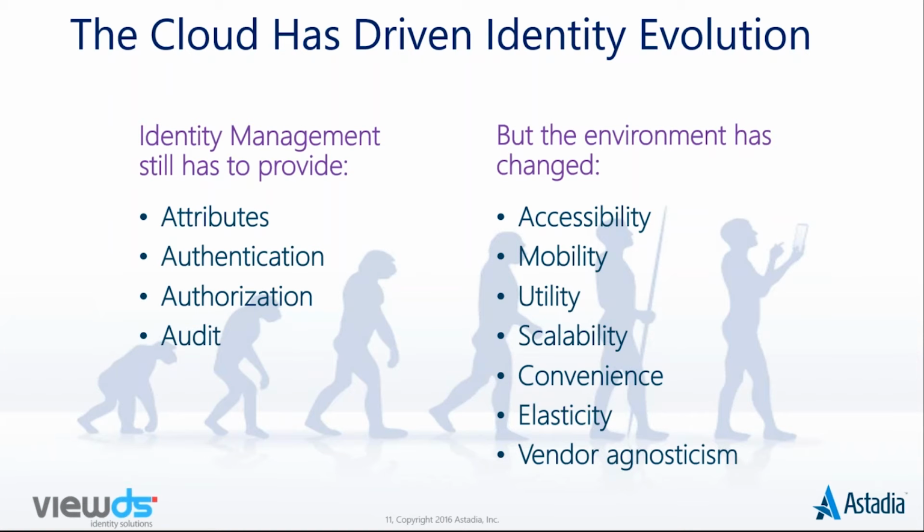Cloud adoption has completely changed our approach to identity services. The basic functions of identity are still unchanged. We still have to have directories to securely store attributes about subjects and resources. We still have to authenticate subjects and resources to prove their identity to the software systems. We still have to determine what operations those subjects can perform on what resources and under what situations. And we still have to maintain an audit trail to make sure we know who did what operation on what resource. But the context in which we're delivering identity now has completely changed.